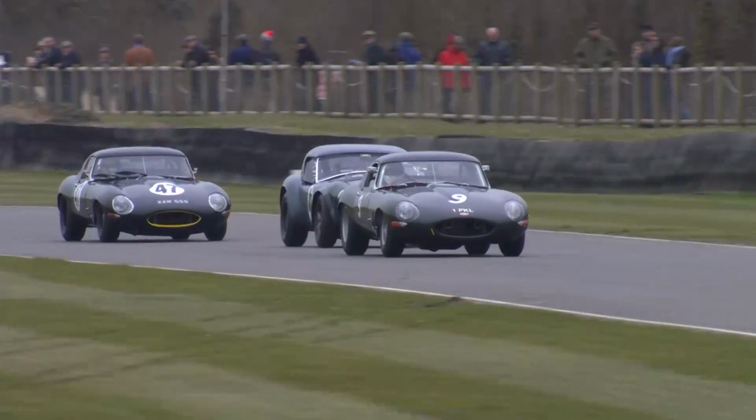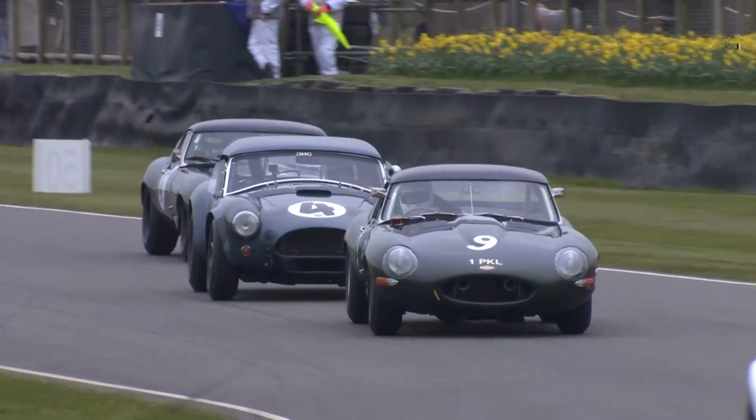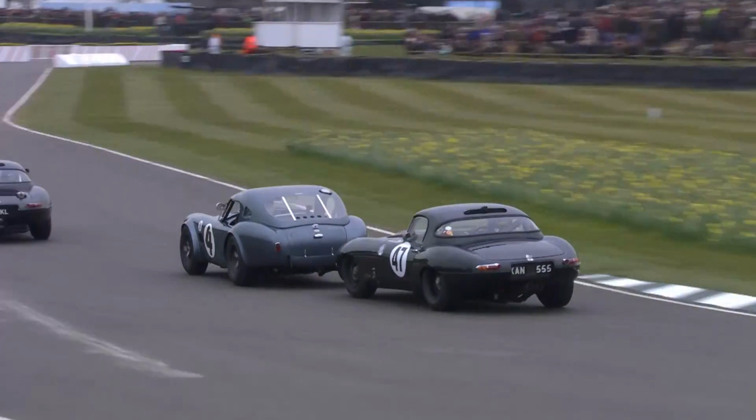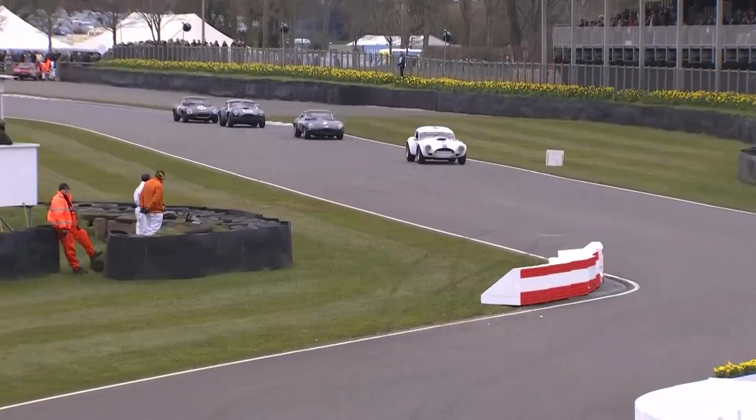And now let's see what Bradley Ellis can do under braking. Can't quite get past Hart, but Hart's having a really serious look at Pearson. If he runs wide, I think Bradley Ellis will nip up the inside. Oh, it's so close, Marcus. Cottingham